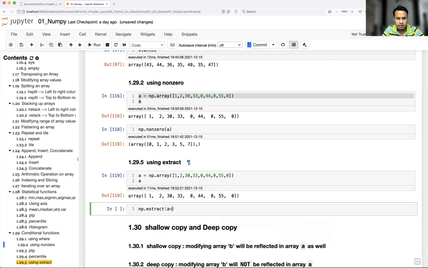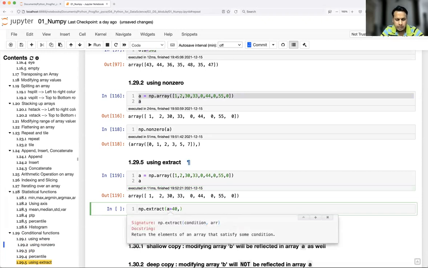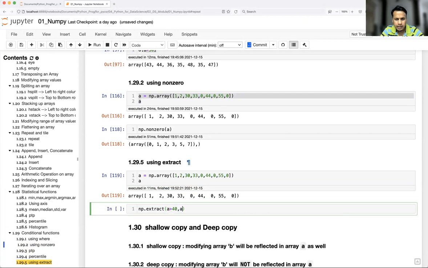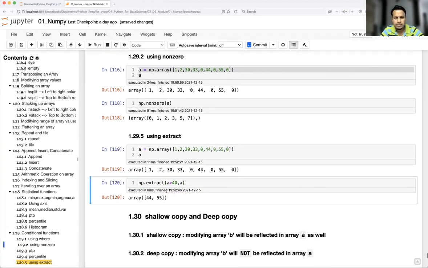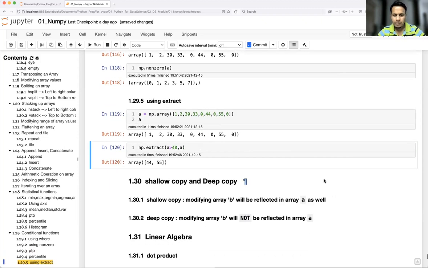I have a greater than, let's say 40, and what next? Array, right? So array is nothing but a. It is also going to do the same thing. So whichever way you want, either using the where function or a direct condition inside an array, or using extract, or using non-zero, anything is fine.